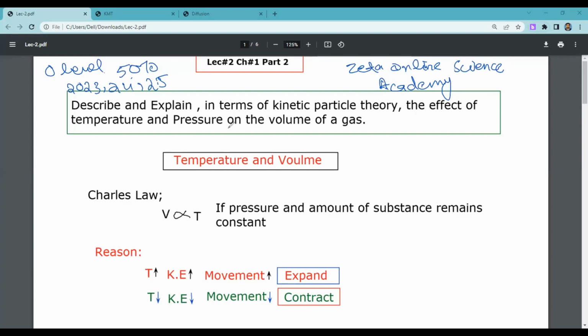Today we are going to discuss the second part of the first chapter of the O-Level series 5070 according to the syllabus